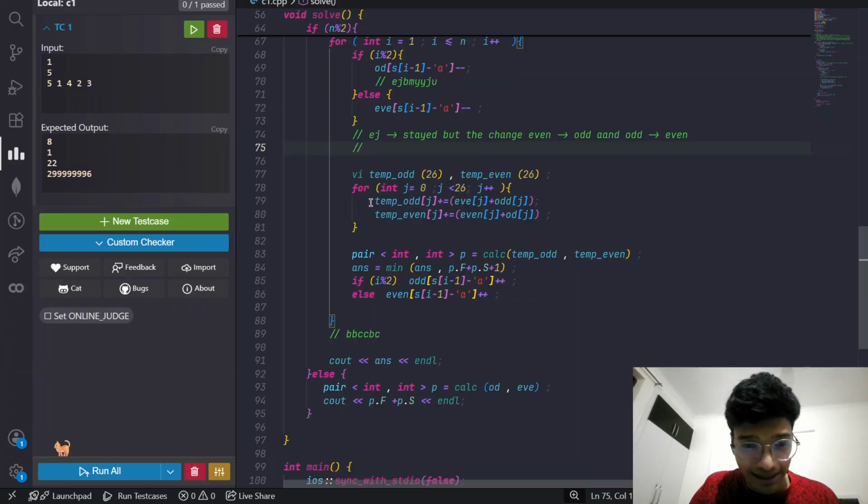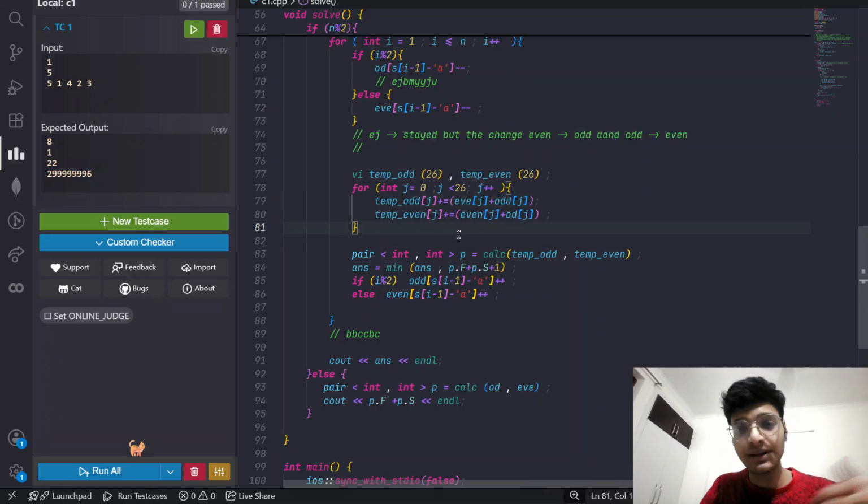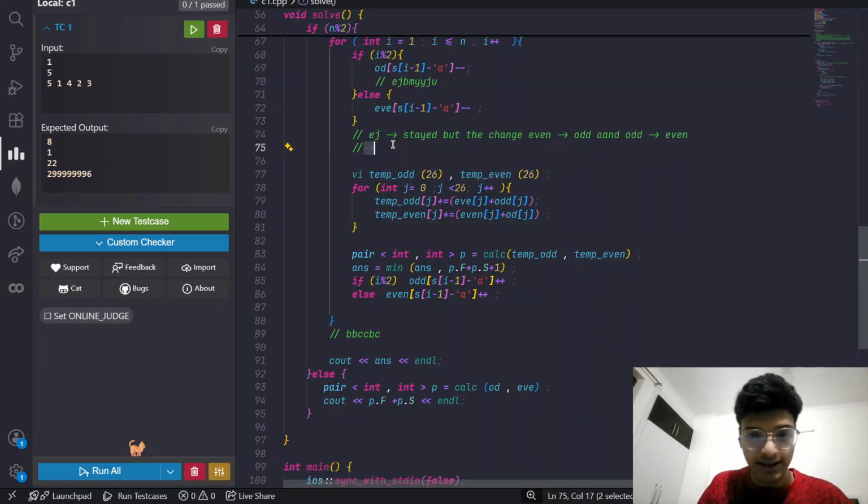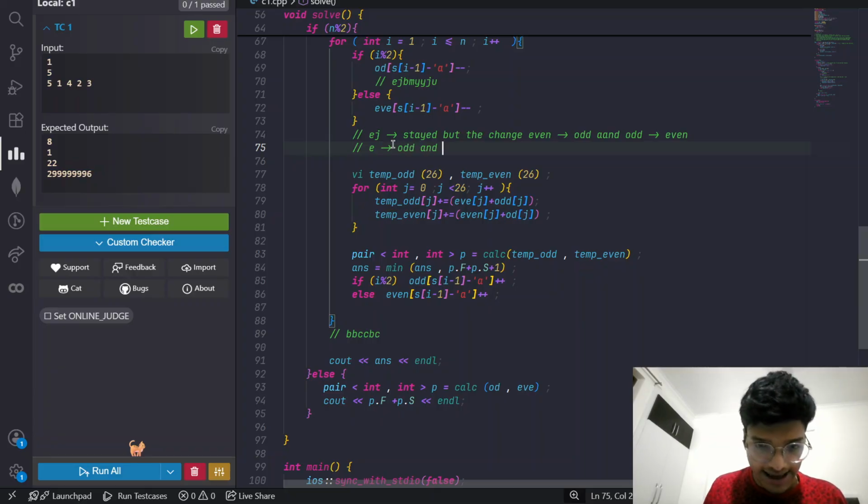So that one is temp of odd for the odd position. Okay, so that will be equal to what? All those characters that have to be changed from odd to even, and from even to odd, will be stored, will be added. And the odd one, that is the previous one, remains the same. Let me explain. That is e as odd and